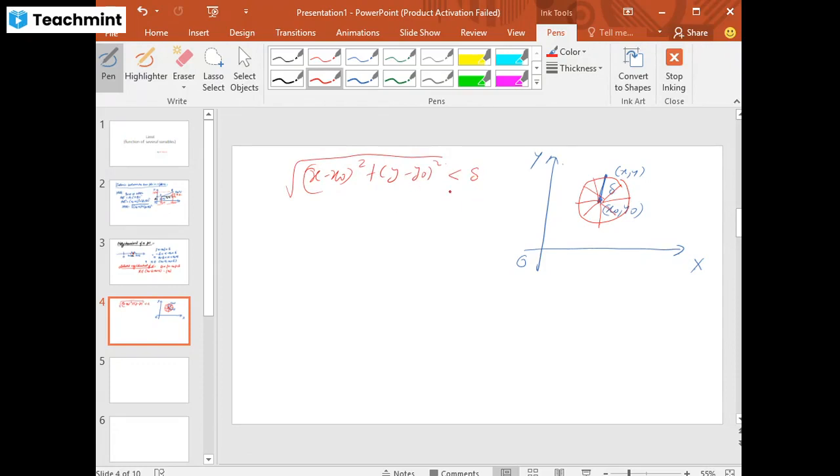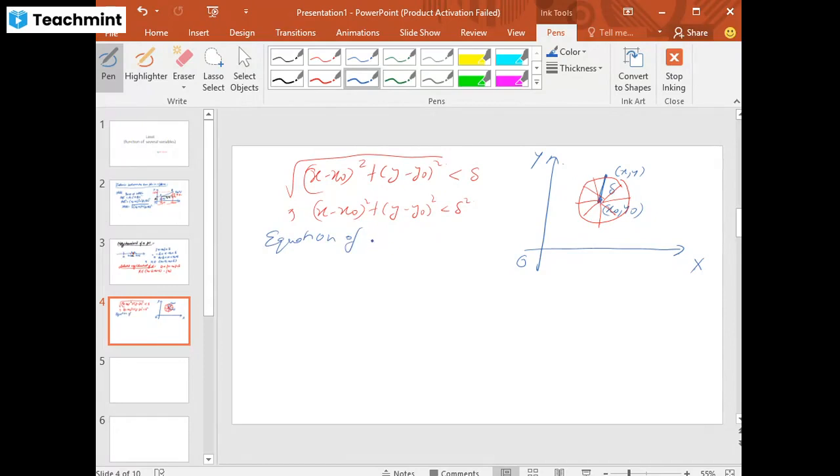Then we say that this is the delta neighborhood of a point. If we square both sides, it means that (x minus x naught) square plus (y minus y naught) square is less than delta square. So what this equation gives us is nothing but